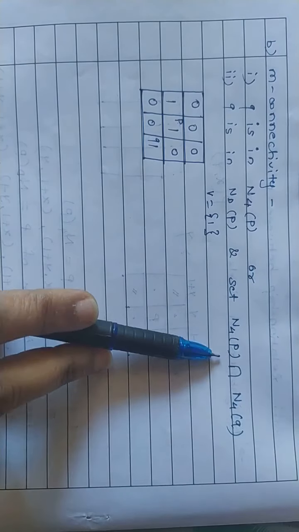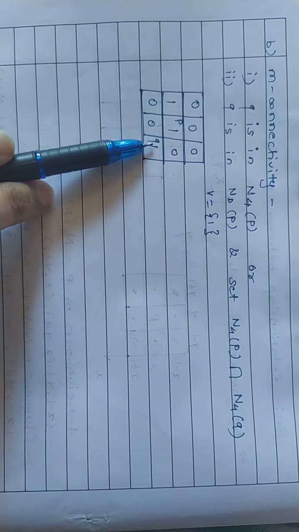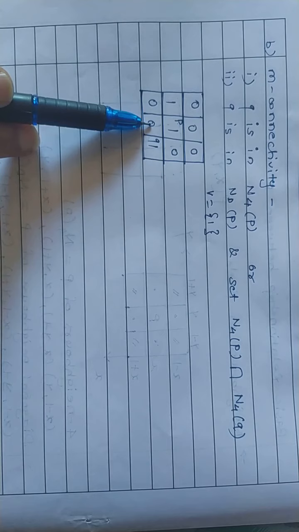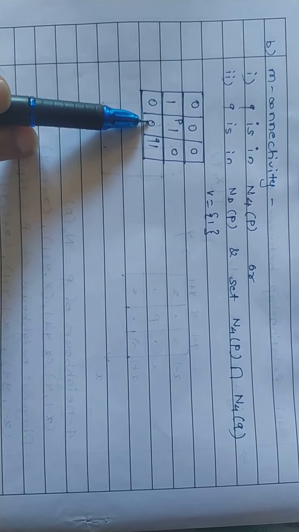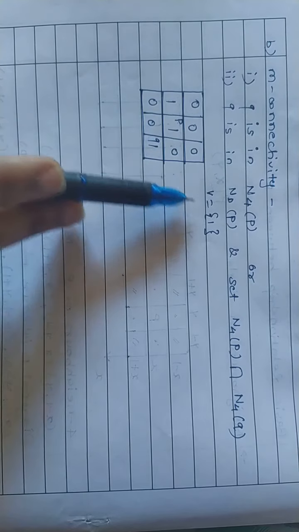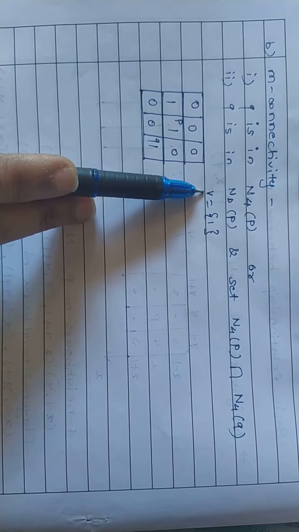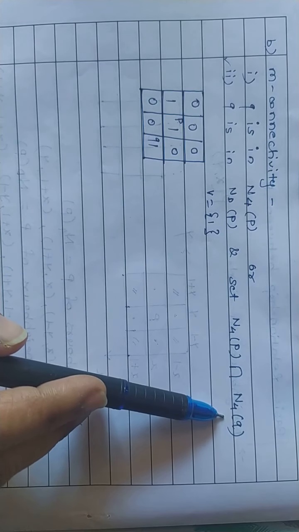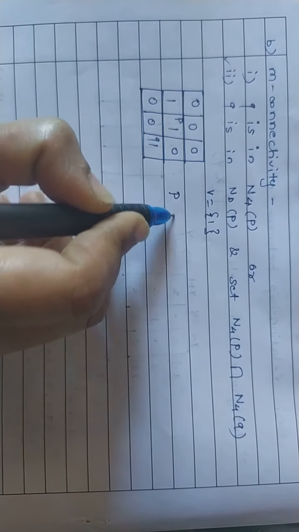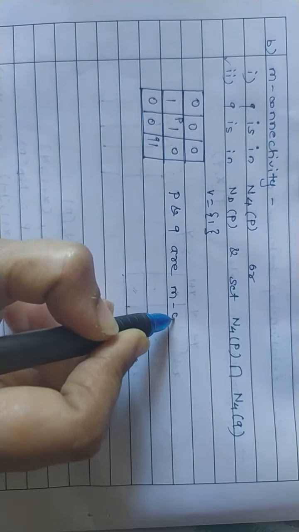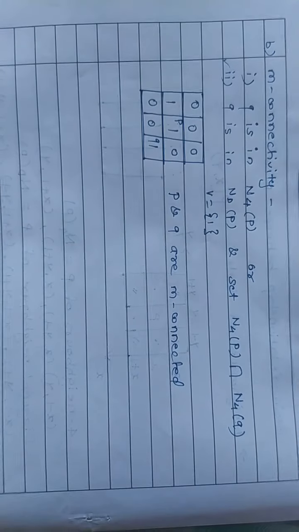Okay, so this set should be null, and that's why here we'll observe the 4 neighbors of pixel P have this value 0 and this is also 0, and the 4 neighbors of pixel Q are this, and both of these have the value 0. That means these are not satisfying this criteria V. That means this whole second condition gets satisfied, that Q is in ND(P), and N4(P) and N4(Q) have no common pixel. So here we can say that P and Q are M connected,